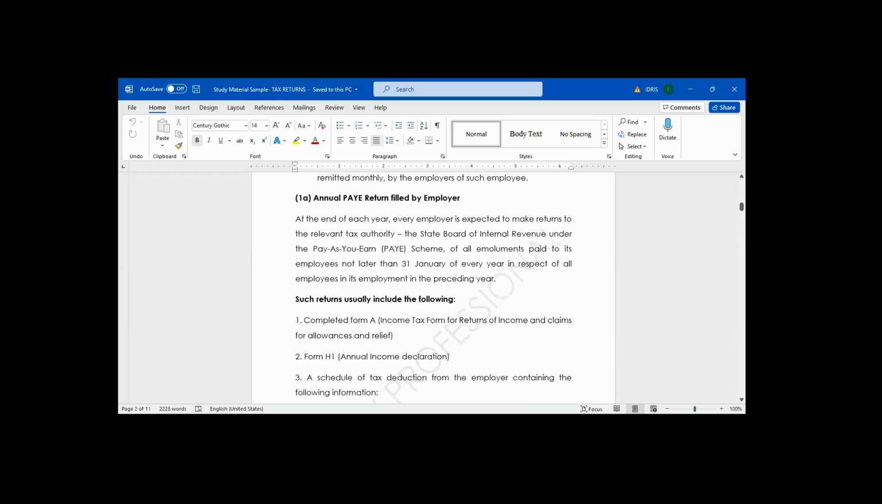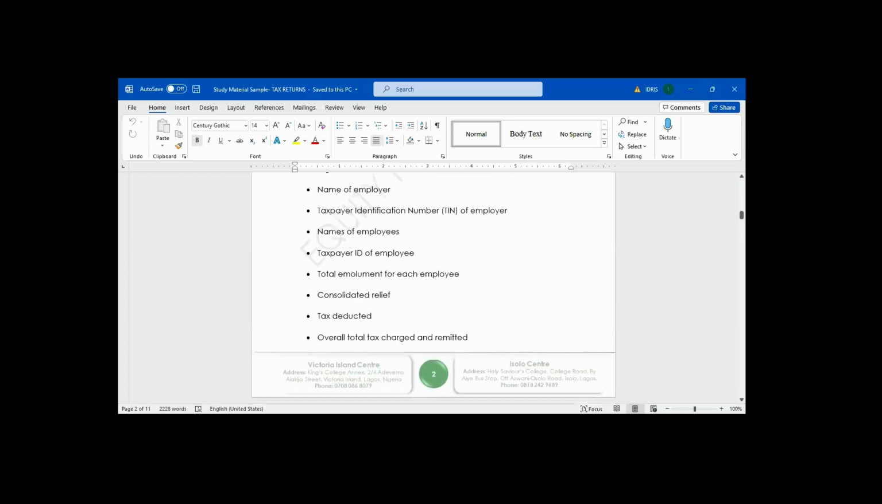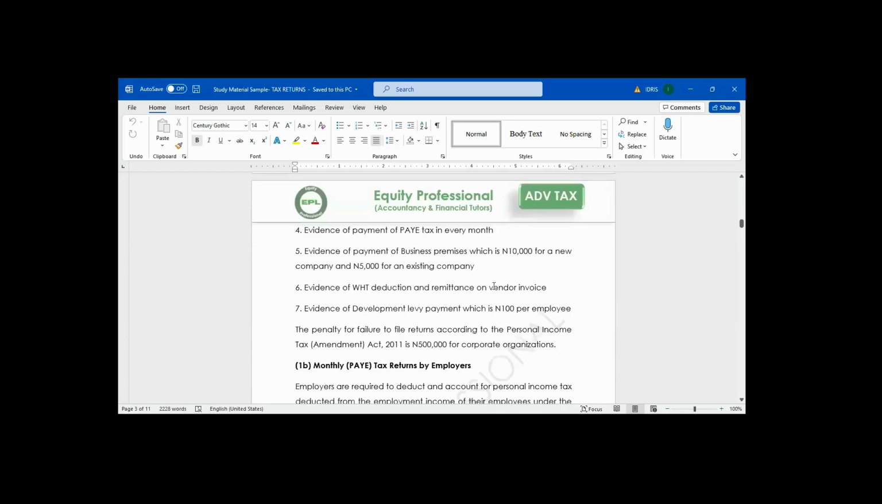And this annual return, we state out the content. Completed Form H1, completed Form A. We have Form H1, schedules of tax deduction. Under these schedules of tax deduction, we have different information. Number 4 content